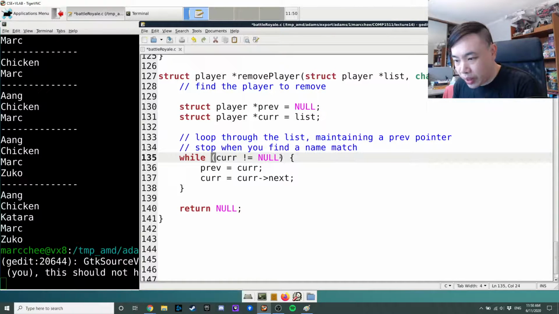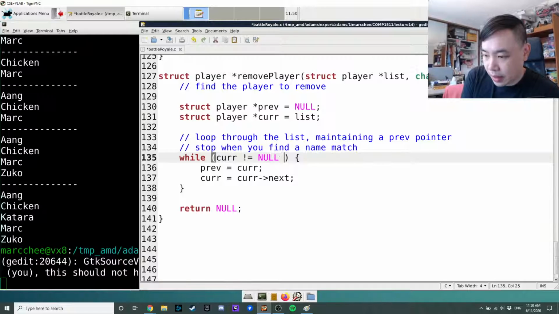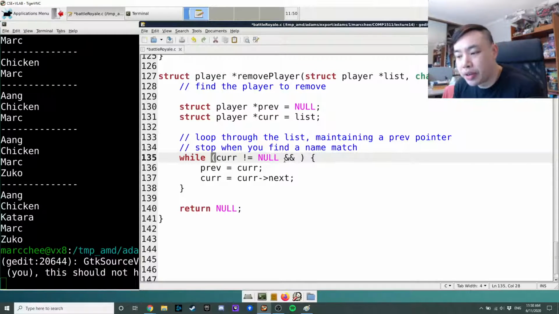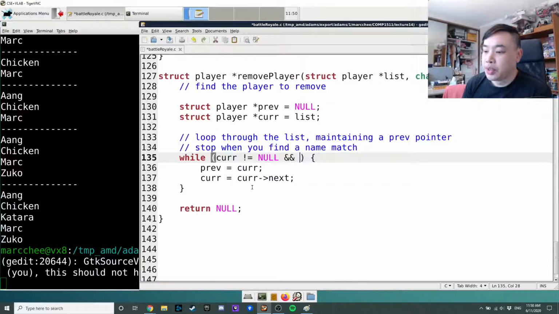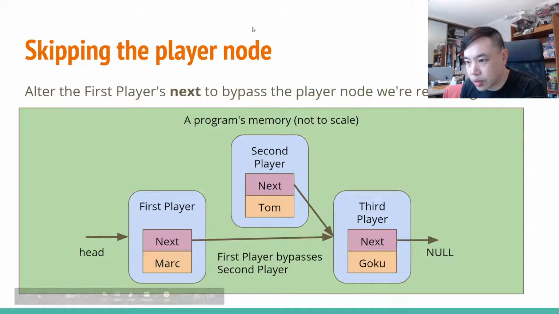So, what is the test that we want to happen? I'm going to use an AND here because I want either one of these conditions to cause the loop to stop. So if either one of these conditions fails, the loop will stop. And so we want the loop to stop anytime we find a matching string. So strcomp, and if we remember string compare,